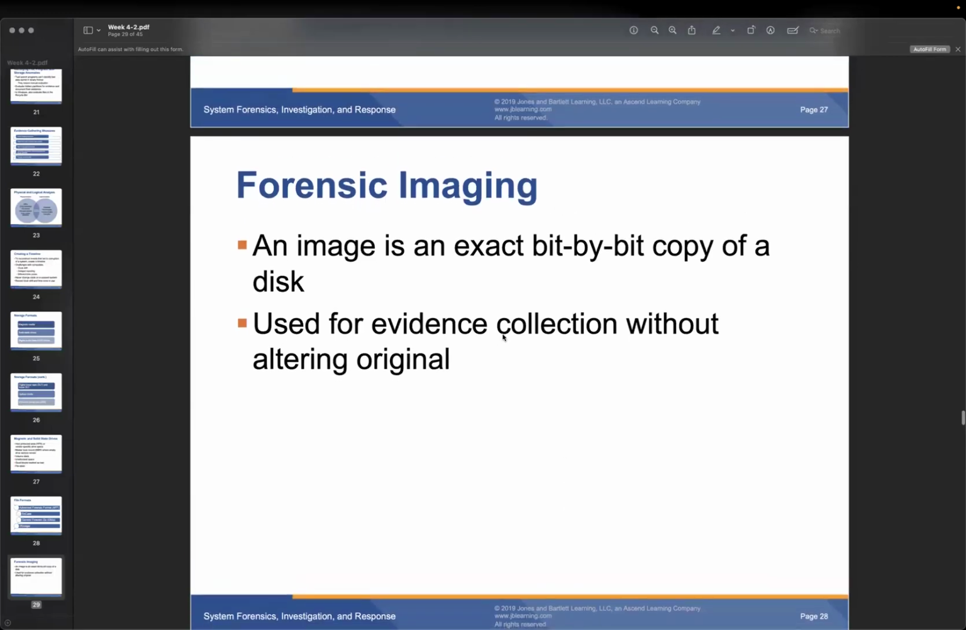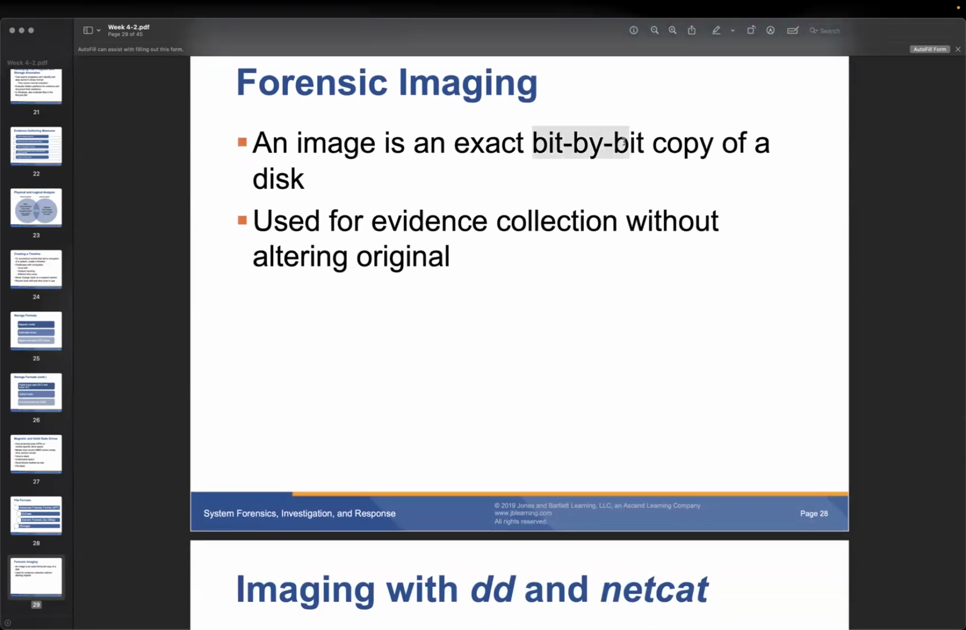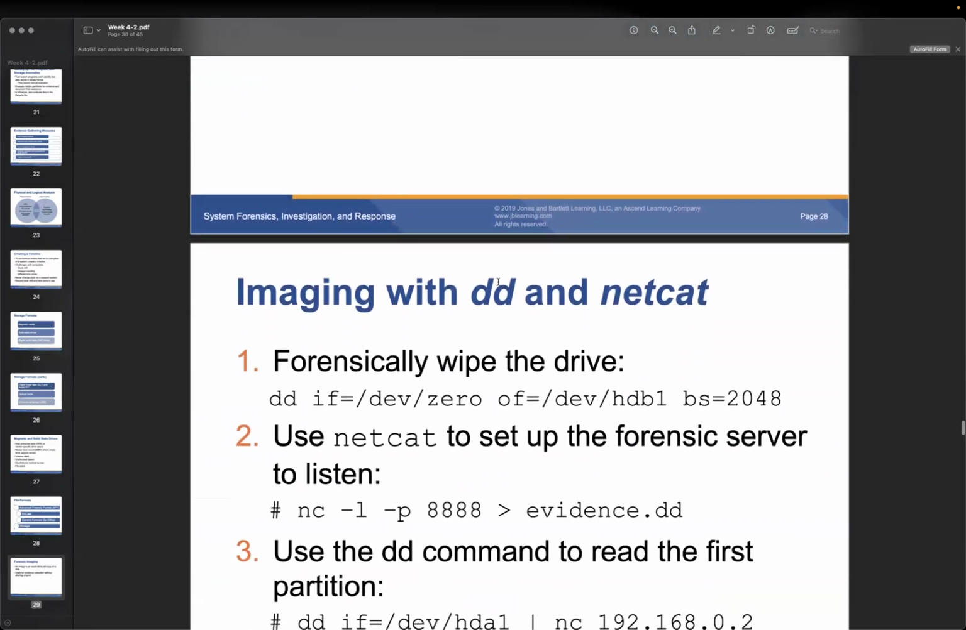When we take a system, we need to create an image, right? Forensic imaging is creating an exact bit by bit copy. We usually use it for evidence collection without altering the original, so we only touch the image. It is a bit by bit copy, and DD is